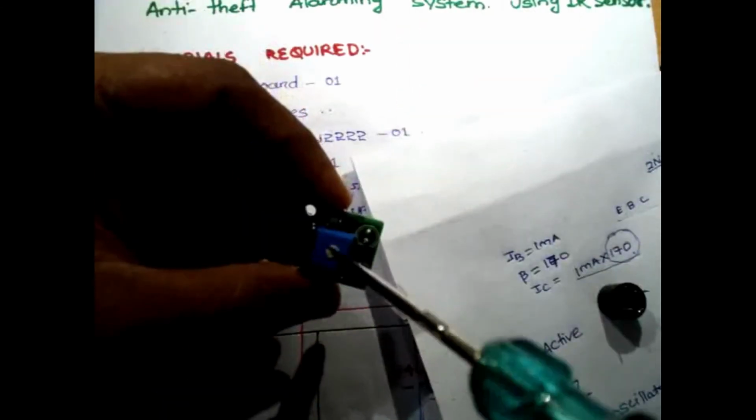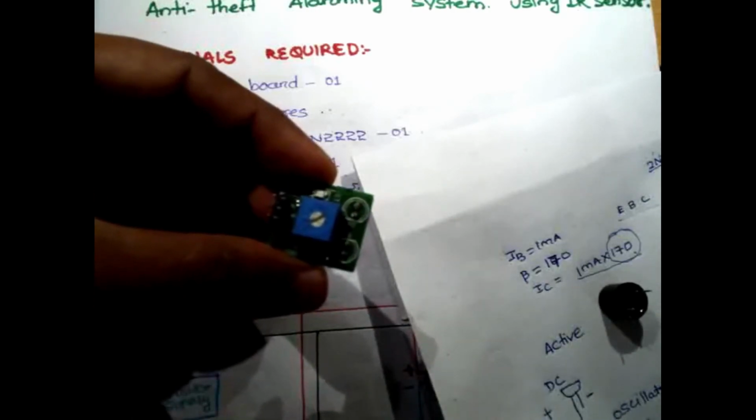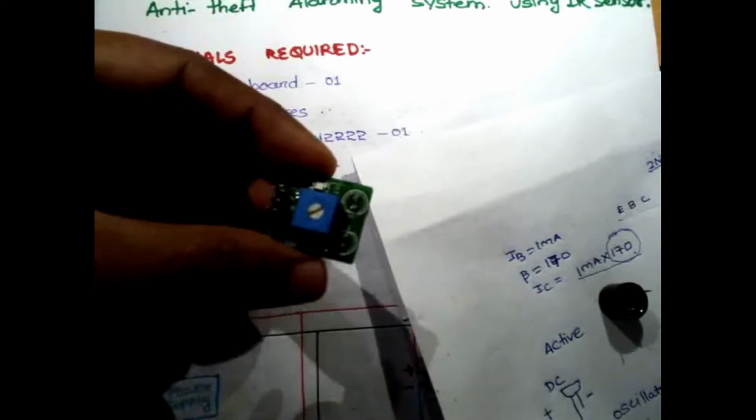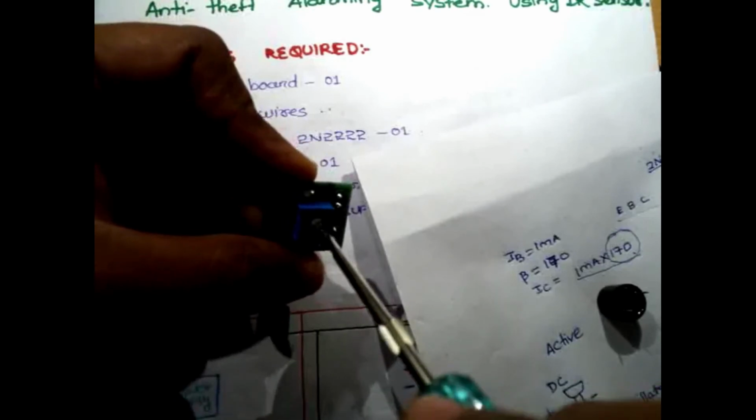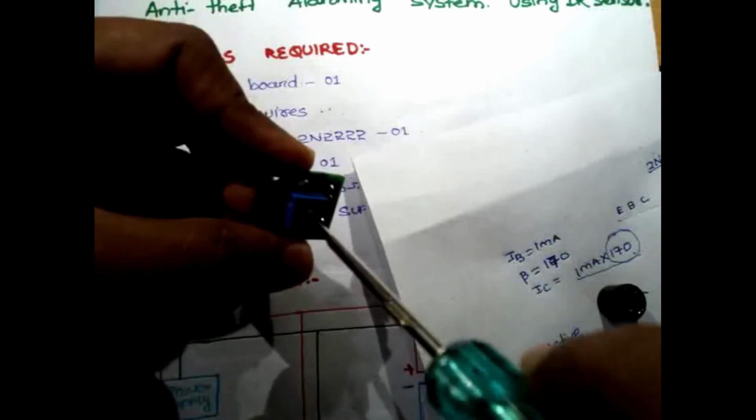Suppose when any obstacle comes in front, at what distance? At this distance, or at this distance, or at what distance you exactly want. Suppose you rotate it and make it to here, it will always give a 1. Accordingly, you can adjust. Before doing any project, adjust first, then you will get your objective. Otherwise, there will be no objective in your project. At what distance you exactly want to get a high output depends upon this, which is called a preset. This is 10K total. When I rotate, I am changing the resistance of this resistor.